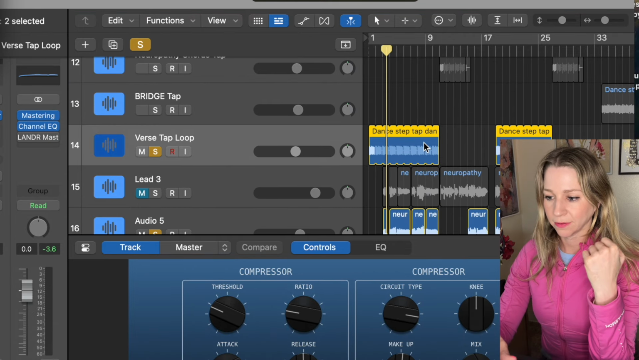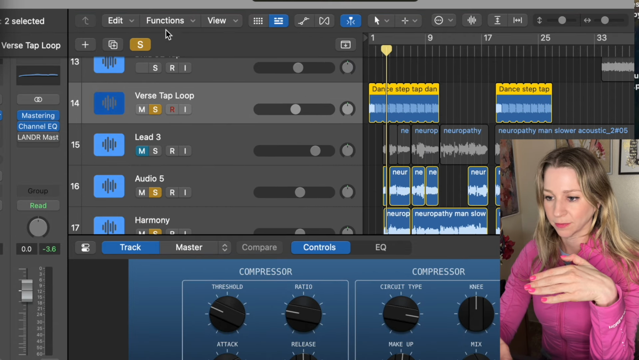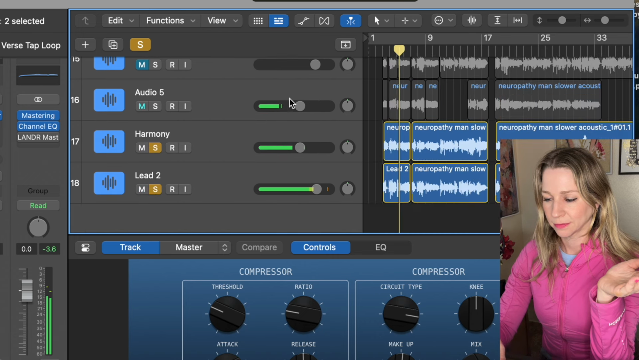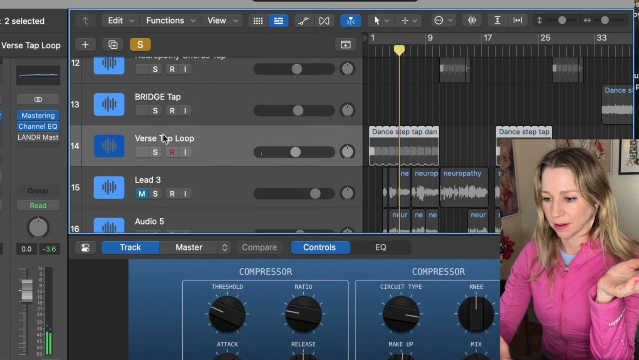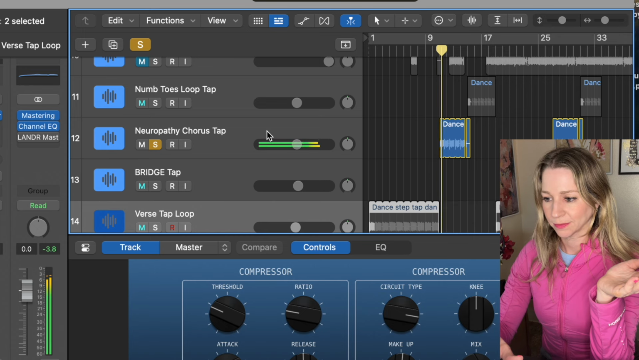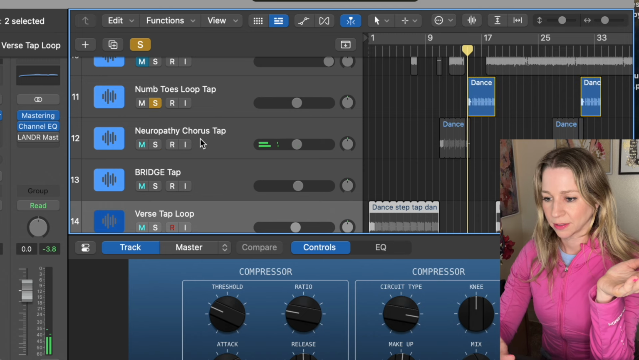I then find all these different loops. So for example, and when you've had too much to drink, that's when we have four different beats for each of the four parts of the song. Neuropathy, man. I don't understand how... That one was slowed down, so it sounds kind of weird. Toes,